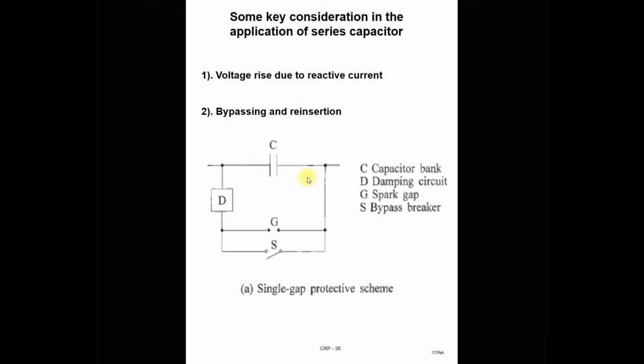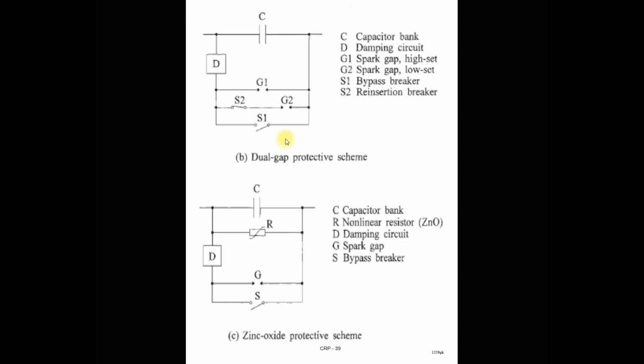If you do not reinsert this capacitor in proper time, then you cannot maintain the transient stability of the power system. And you know that if you do not maintain the transient stability of the power system, it may be possible that your system may collapse. So the reinsertion time of this capacitor is very important after clearing of the fault. This single gap protective system takes a very long time, like 200 to 400 milliseconds, for reinsertion of this capacitor after clearing the fault. To remove this disadvantage, we use the next configuration, which is called the dual